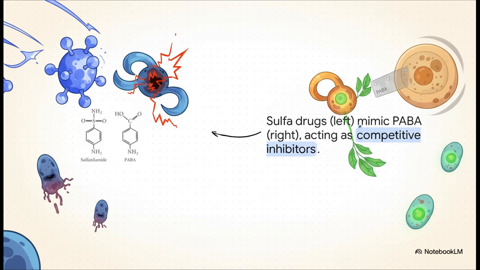Here on the left, you see a sulfa drug, and on the right is a nutrient called PABA, which bacteria absolutely need to survive. Now just look at them. See how similar their shapes are? That's the trick. The drug acts as a perfect competitive inhibitor. It gets in there, clogs up the bacterial enzyme, the bacteria can't make what it needs, and it dies. And the best part? Our cells aren't affected at all because we get our folic acid from our diet. We don't even use PABA. It is a brilliant and life-saving piece of biochemical warfare.